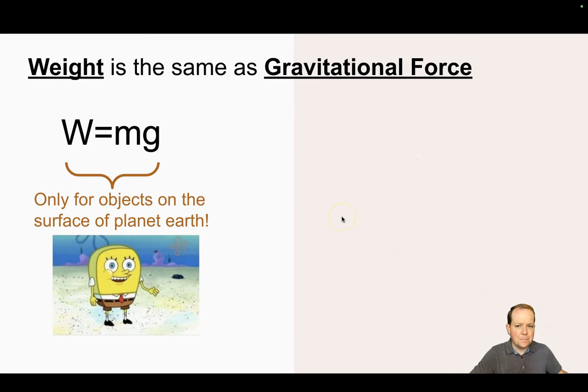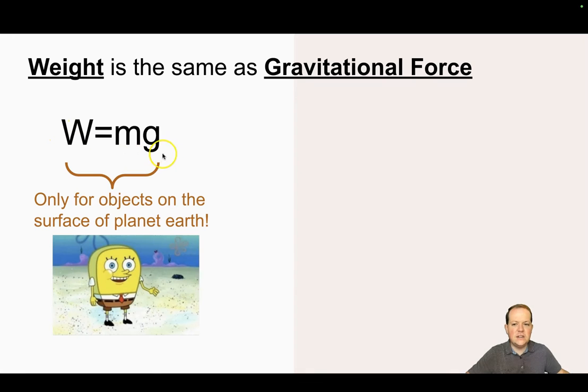Now, if you thought, I thought we already did this in a prior video, in prior notes when we learned about weight, you're absolutely right. We already talked about the gravitational force. We often call it the weight. How much you weigh is how much gravity is pulling you down with. We even learned an equation for weight, W equals mg. But here's the thing. This is kind of a weakling equation. This is a simplification purely only for objects that are on planet Earth, near the surface of Earth, okay? Even in skyscrapers, that still counts.